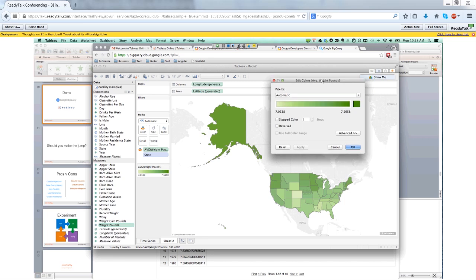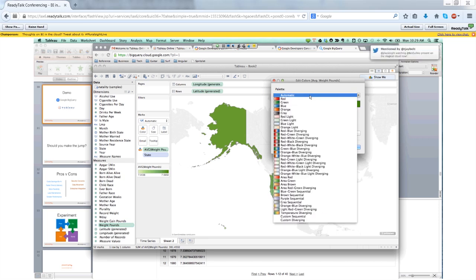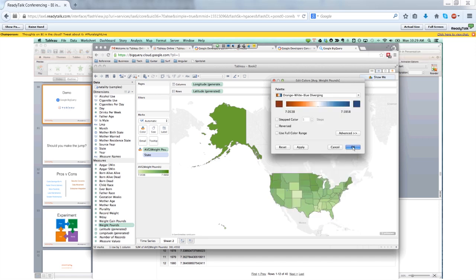And something that's happening behind the scenes here, that maybe is transparent, hopefully transparent, is notice every time I drag a field on and change the aggregation type or create a calculation based on it, Tableau, in this case on my desktop, is connecting out to Google BigQuery, getting the data. It's going to cache as much of it as it can, so that's how the performance will increase the more you use it. But then it's also going to perform these calculations in memory and draw the associated images using